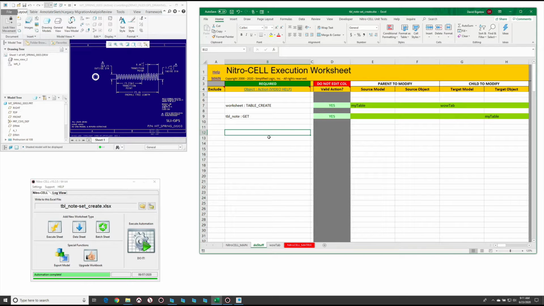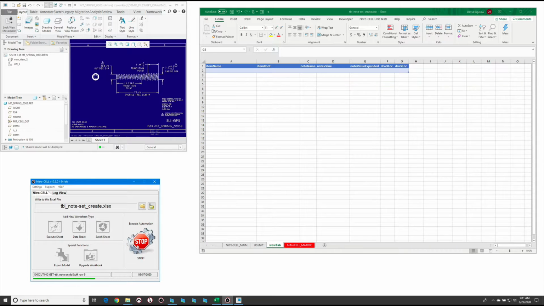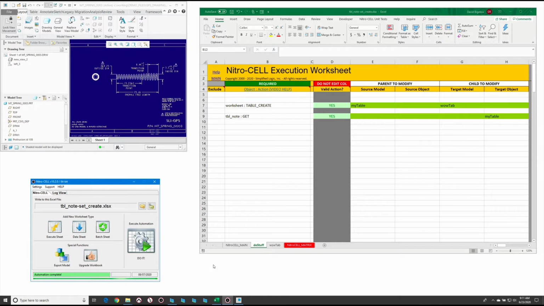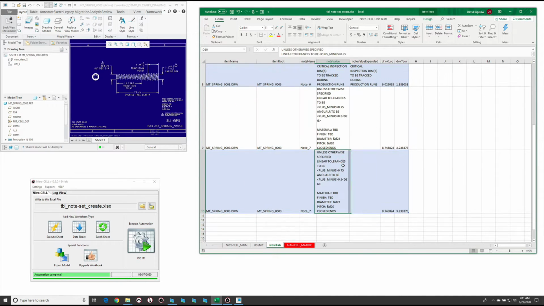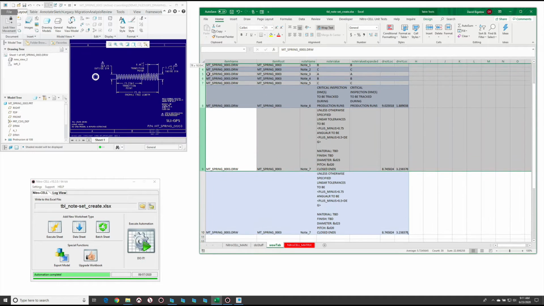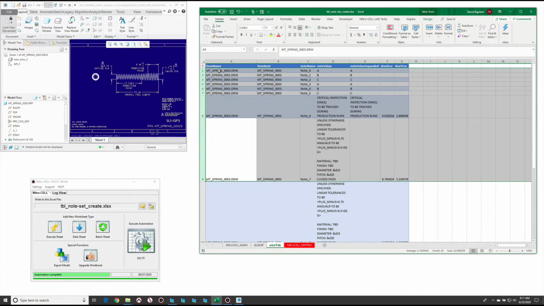About setting notes across multiple drawings and also placing them on each drawing. So the easiest way to do that is to actually start off by first extracting at least something so we have a table that's in the correct format. And what I'm going to do is we're going to just add in a new row. As you can see, the table's automatically expanded,